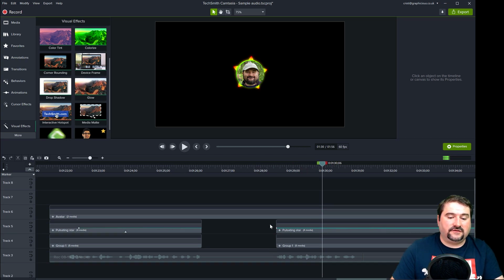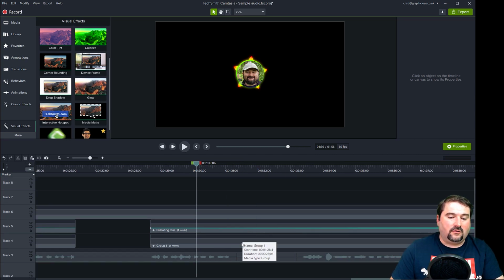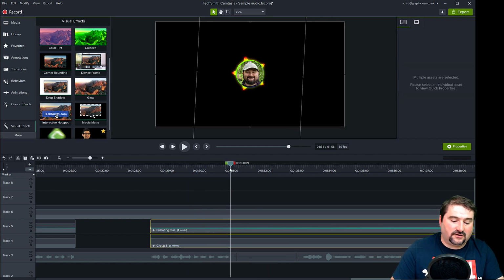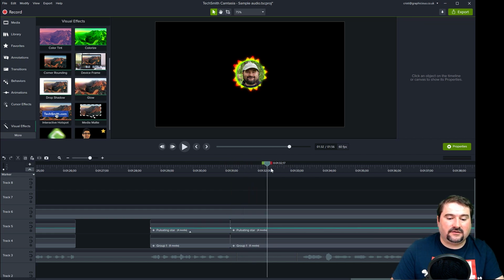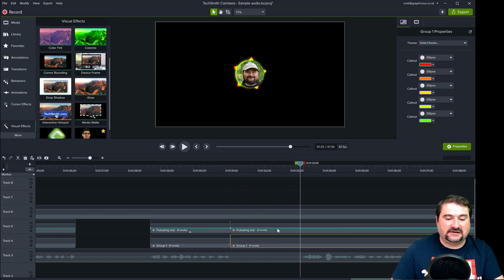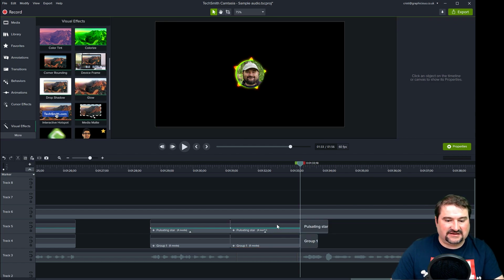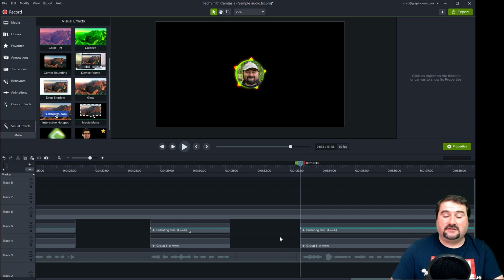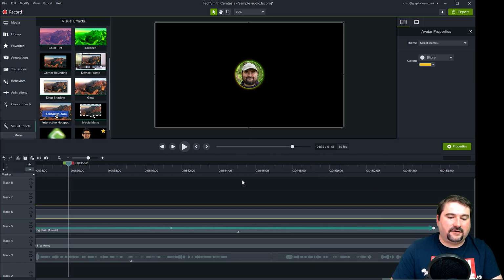So if you do this again for all of the other ones, all you have to do is select these two clips that you want to cut off, go to the end of the audio, press S, and go again to the start of the audio, select these two, press S again, and then shift and select like that. That's one way to do it, so that you're making these gaps in there, but you're leaving the avatar in there because you don't want that to disappear. You hunt down all the parts.